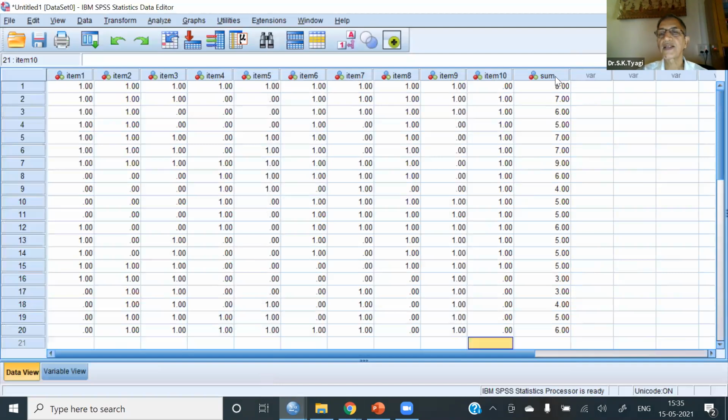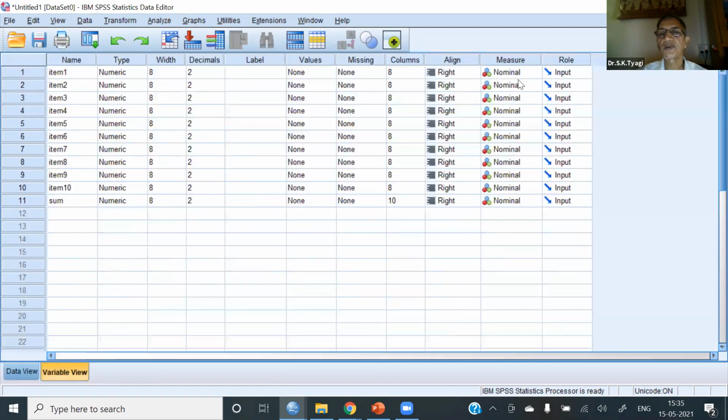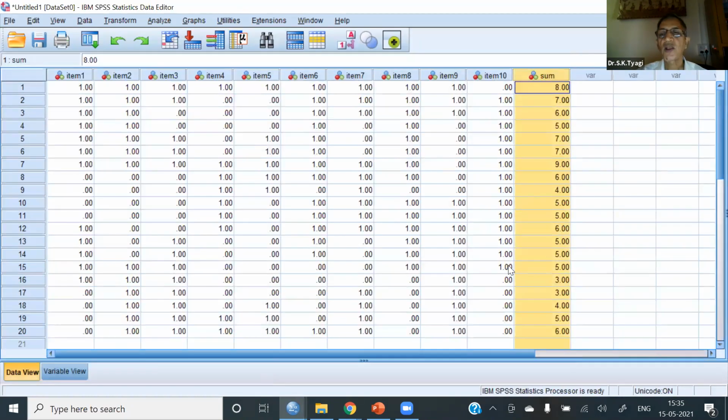Find the variable here. Now you can change this to nominal, otherwise we need not waste time. Sum is this. Now we will arrange these so that we are able to calculate the top 27%, which is 3, and the bottom 27%, no, sorry, 25. First of all, let me arrange them in descending order.